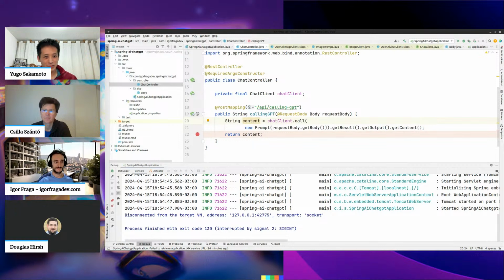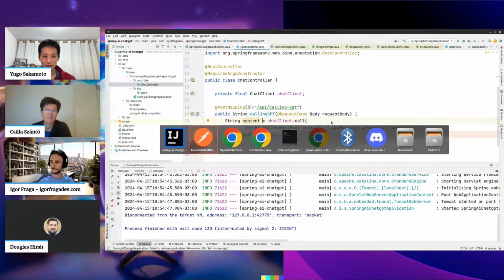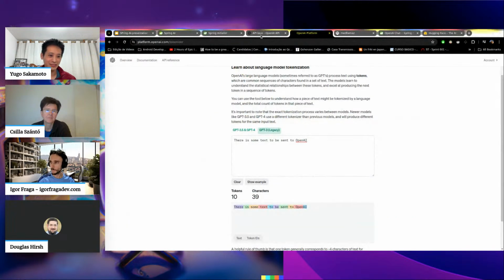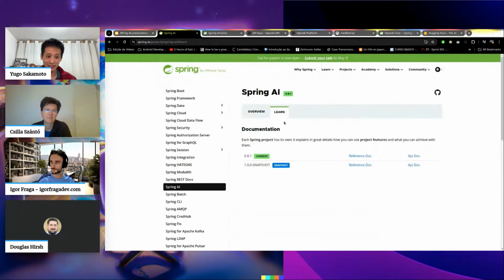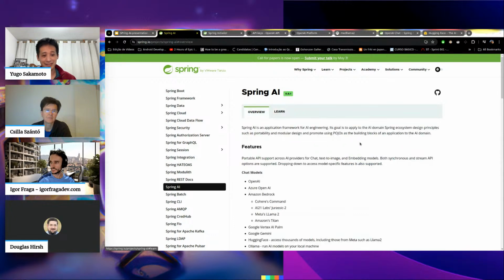Cool. Really cool stuff here, Igor. Good to take a look at this, getting started for Spring AI. As far as I could look, it's very similar to the features that LangChain, at least LangChain4j, offers.